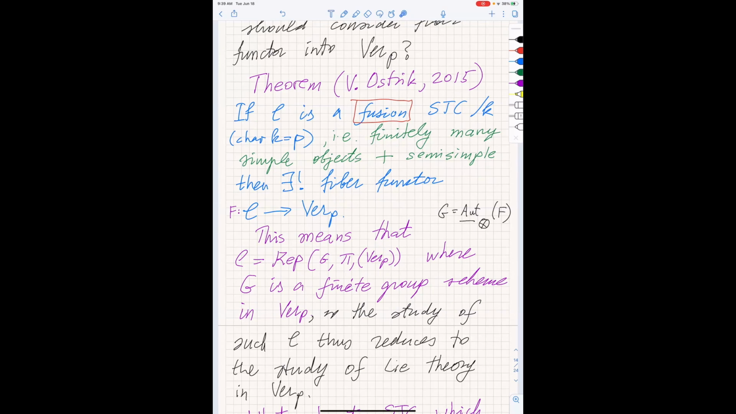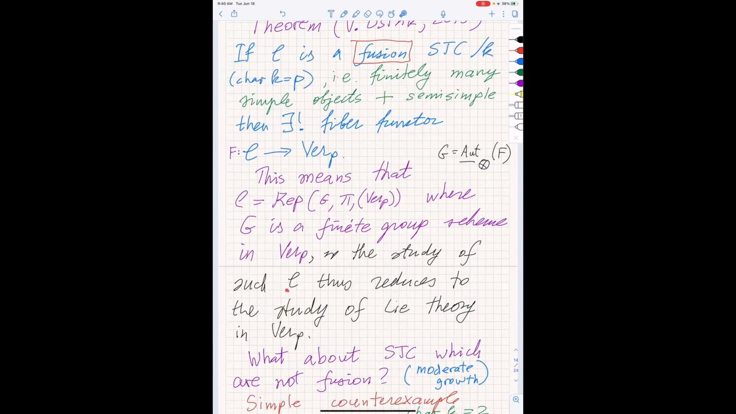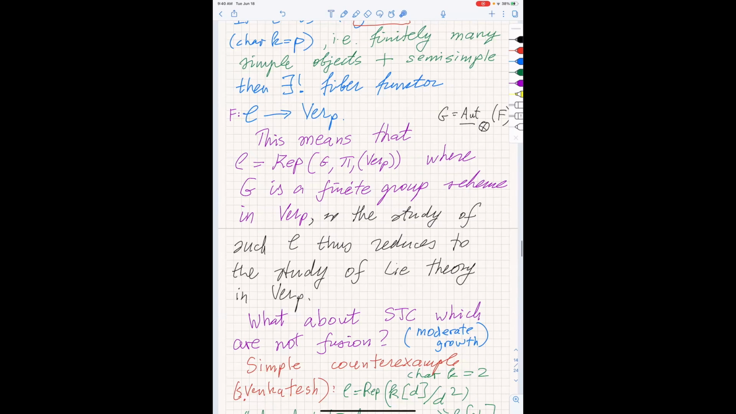And the G is a finite group scheme in Ver_p, a linearly reductive finite group scheme in Ver_p. And so the study of such category C reduces to the study of such groups. We now have a conjecture of what these groups look like. And so this will allow us to classify such categories. However,